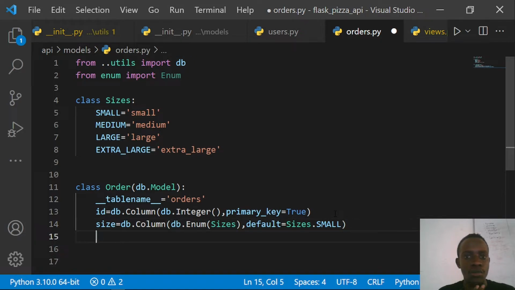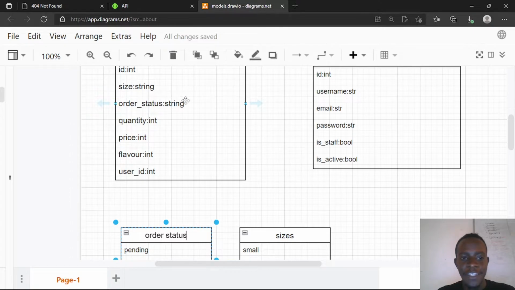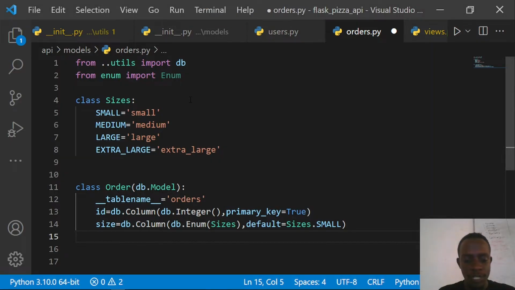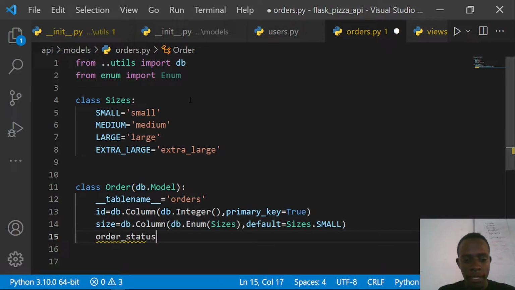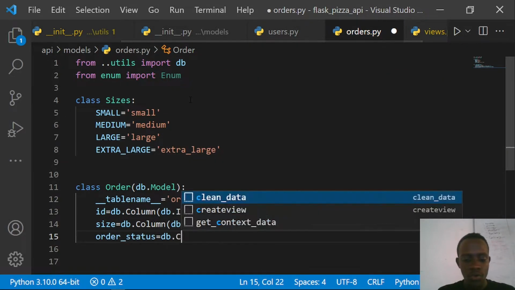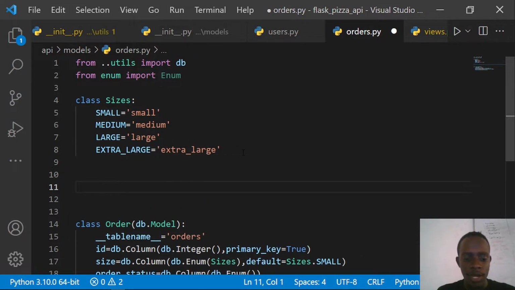Now we're going to also implement the order status. So we're going to come here and create the order status field. I'm just going to do the same thing, so I'll say order status. Our order status is going to be a column, so we're going to say db.Column, and then this is going to be db.Enum, and then we're going to specify which class is going to have that specific enum. So I'm going to come right here and say class,